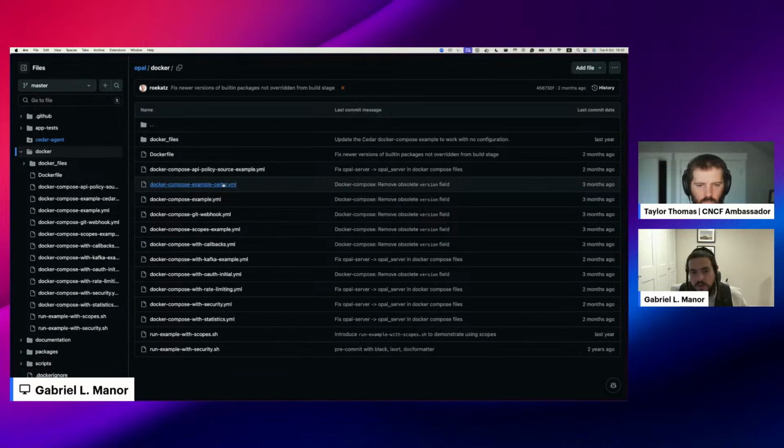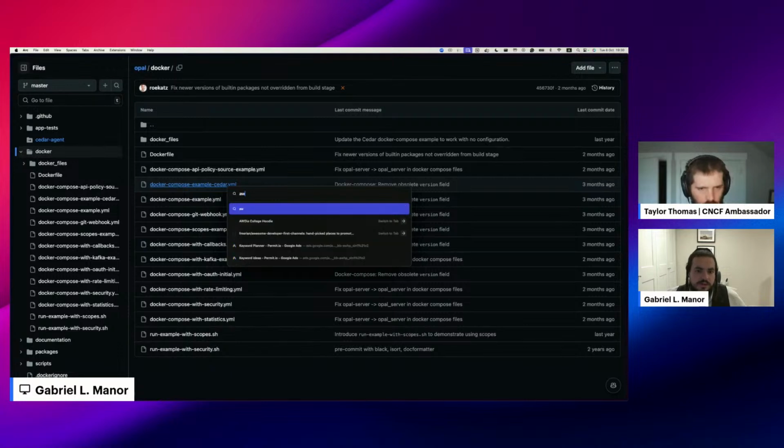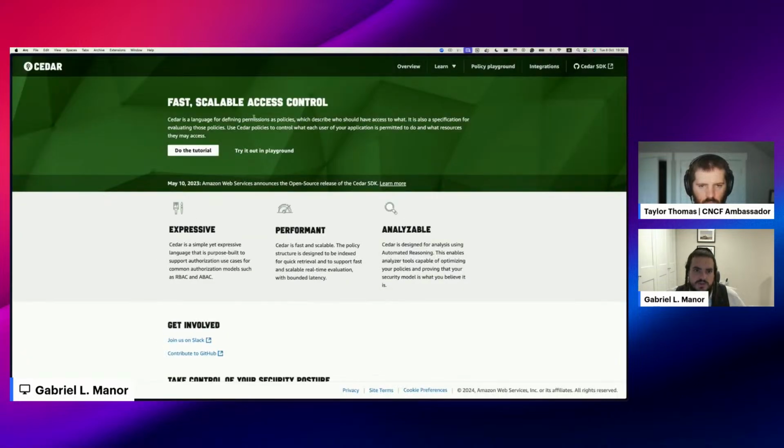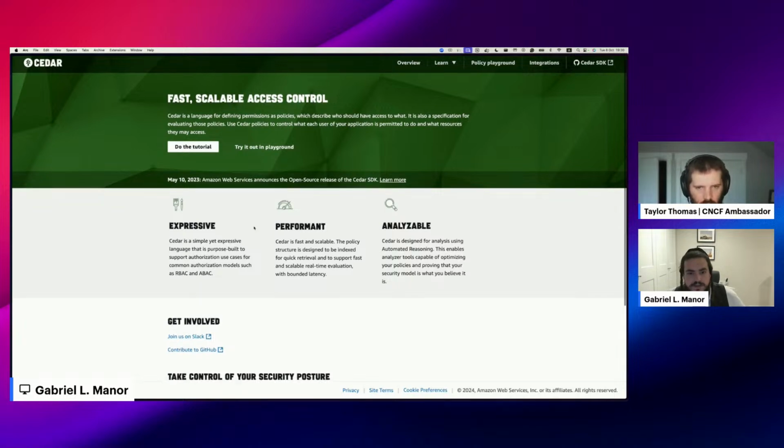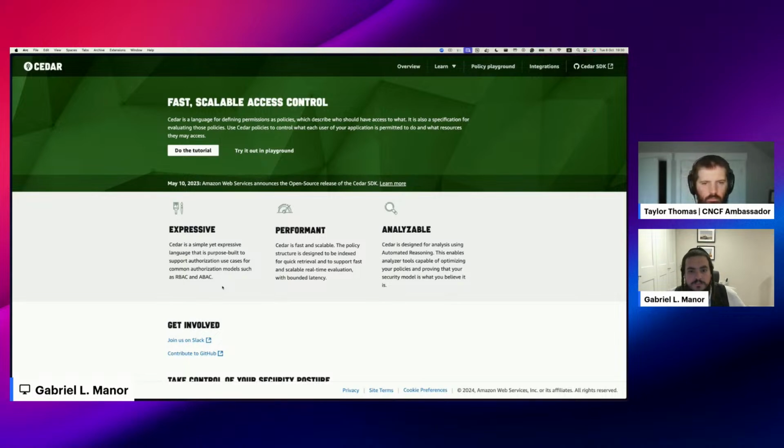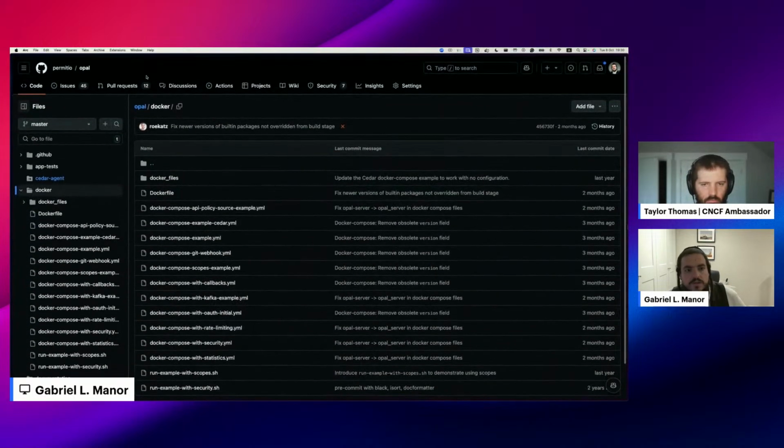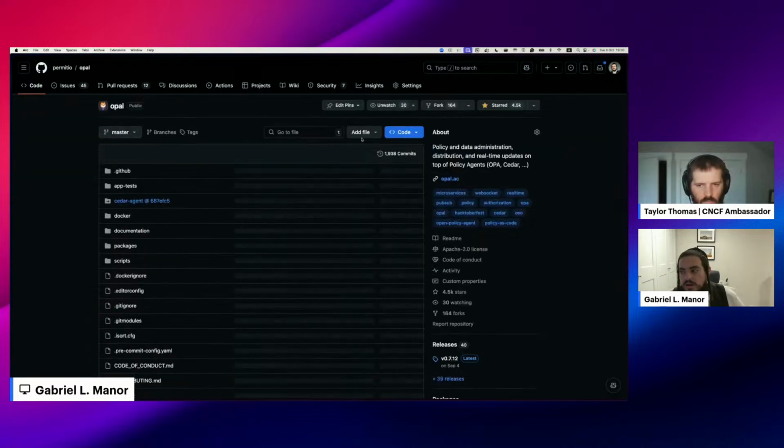Another thing about OPAL, the Open Policy Administration Layer, is that it can run more policy agents. For example, CEDAR. CEDAR is another policy engine. The main thing about CEDAR is that it is a verifiable engine. If you have a super performant policy, then you can verify how long the permission check will take and what of course will be the decision before you are actually doing that, and that can help you keep the system performant. So OPAL is actually generic for the policy store, but most of the users that actually use OPAL use it